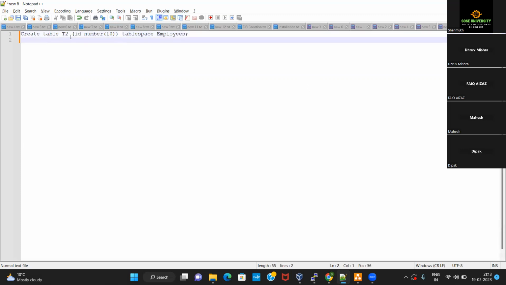So in this statement, the user is trying to create a new table, or in terms of Oracle, the user is trying to create a new segment. The name of that segment is T2. And the user is trying to save it in the tablespace named employees.